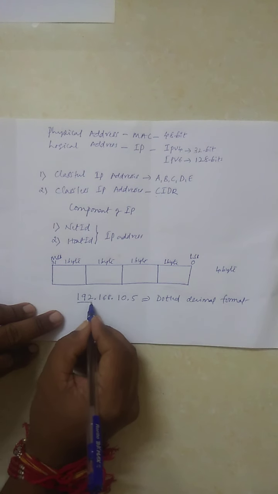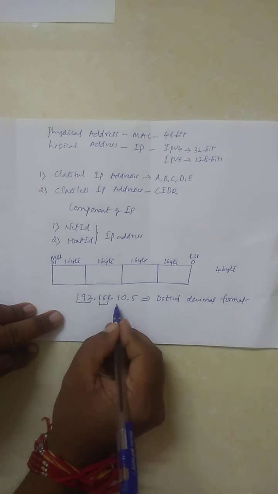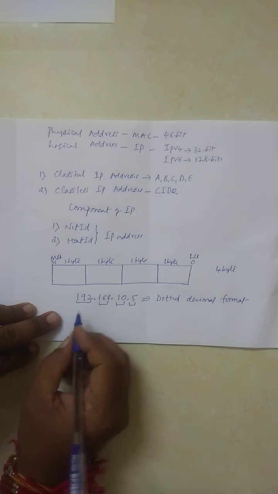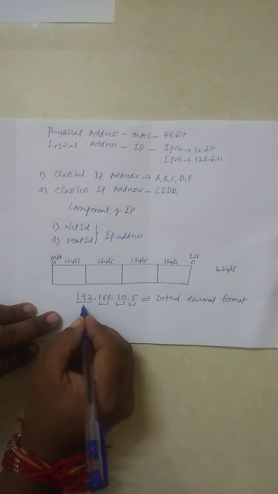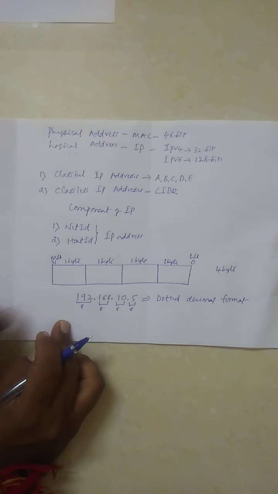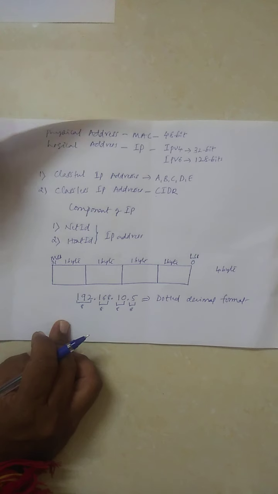Here this is one byte, this is another byte, this is the third byte and this is the fourth byte. Total it represents 32 bits: this is 8 bits, this is 8 bits, this is 8 bits and this is 8 bits. Now let's begin with our